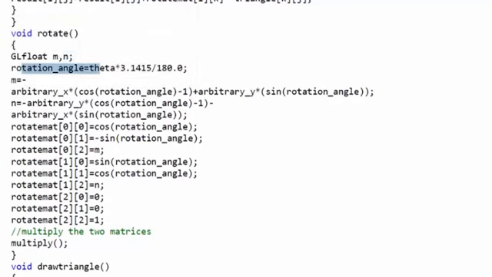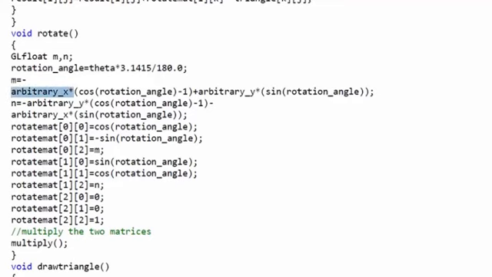Once we rotate the triangle, the variables that we have used here are m and n. Now this m and n are the newly created x and y. So here rotation angle equals theta, whatever value the user enters, whether 45, 90, 180, we are going to multiply it by pi divided by 180. This is according to our algebraic equation.